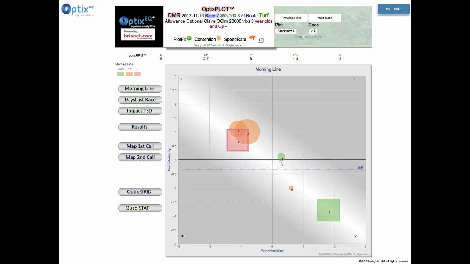How is the 1 a closer if he's a circle? Well, that's his run style. He's a presser closer. You've got to look at their run style. How they map is different. In this case, he's not mapping well because he's a closer and he's a circle. But that's the way he likes to run. He's a smaller circle, so he's going to finish a little bit better than the 2 or the 6 would. If he finds himself just off and ahead of the 4 and the 5 in a good spot, whereas the 3 looks probably preferable in that case. So this race is really hard,